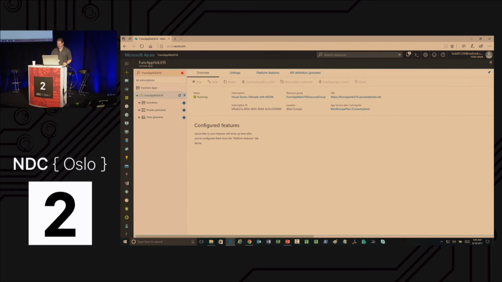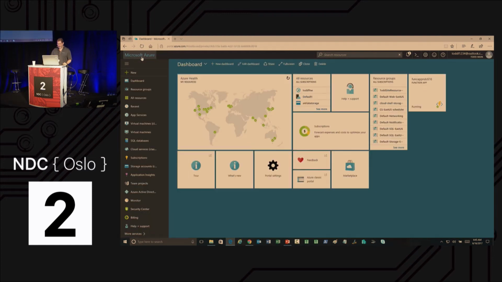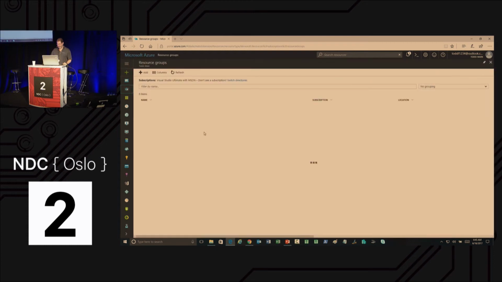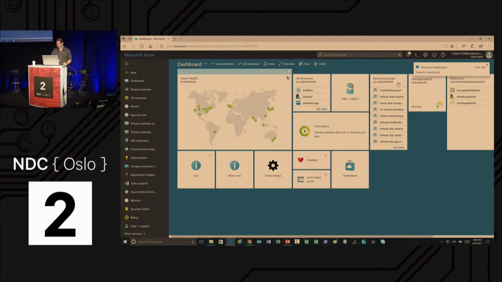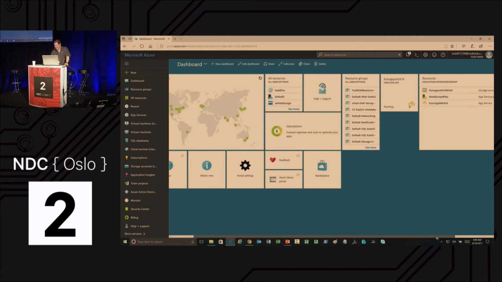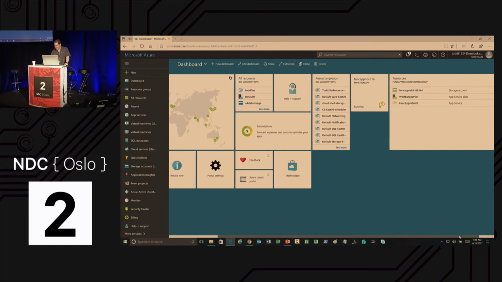So here's our function app. Let's go to the dashboard. I'm going to pin this resource group to the dashboard too, so we can all get to it easily. Let's go and pin that to the dashboard. Not doing anything real yet. That's the resource group. Here's the function app. This resource group has our function app, our hosting plan, and our storage account. That's what that is, the storage account. I love horizontal scrolling. It's just a great idea.